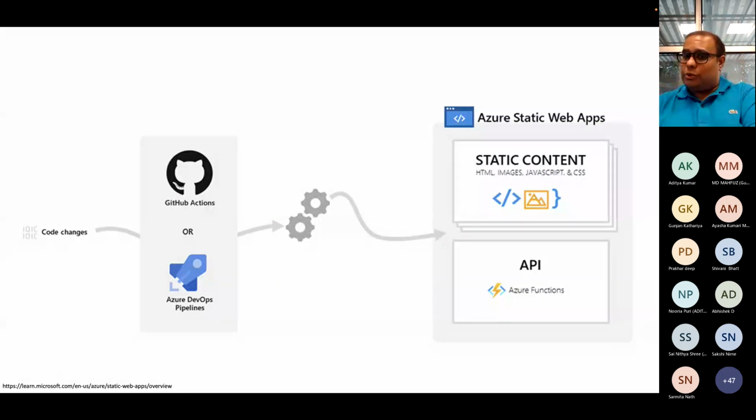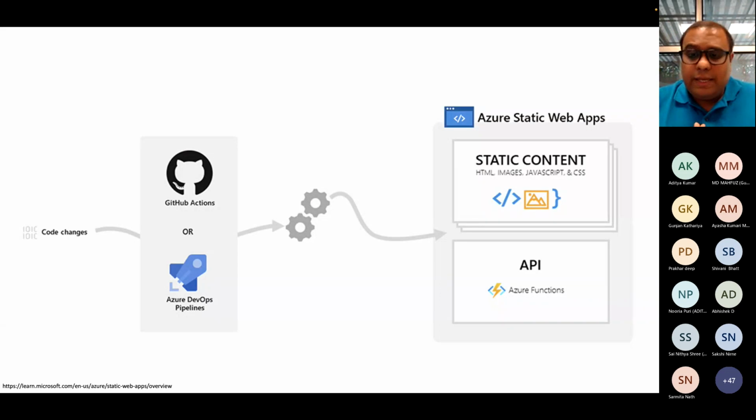So I'll move on to Azure Static Web App. What is Azure Static Web App? Basically, you have static web content, right? So you know HTML pages and JavaScript and CSS. It's a static web app, a static application, so it is called static web apps. You have the code, you have GitHub, and you're just pushing it to Azure Static Web Apps and